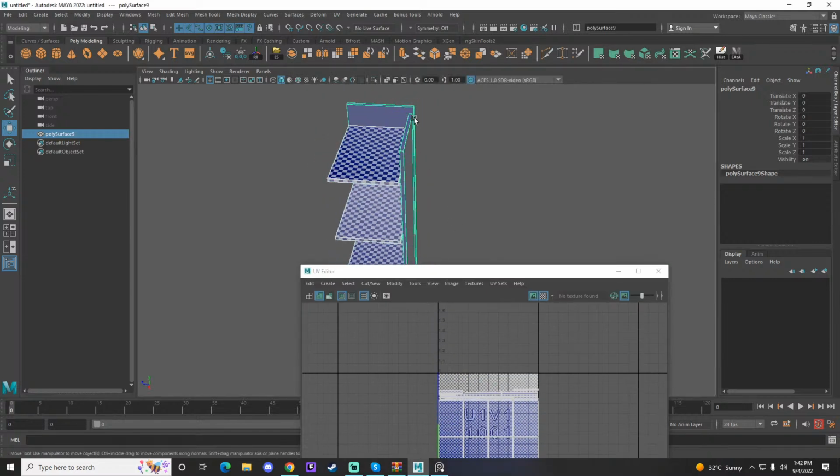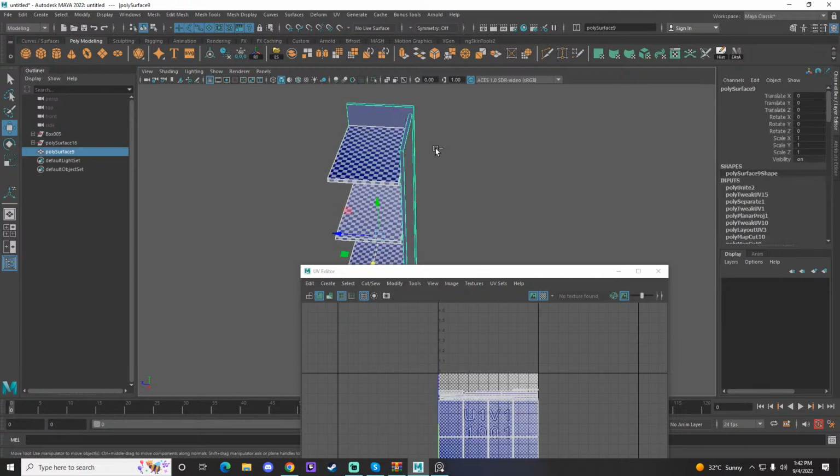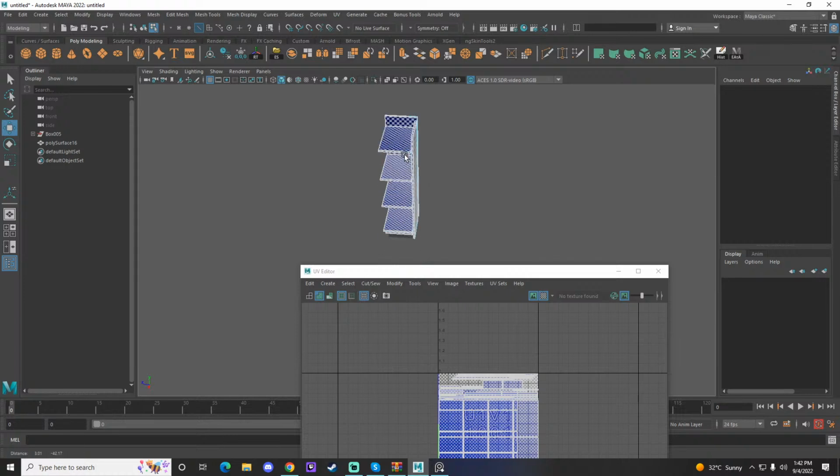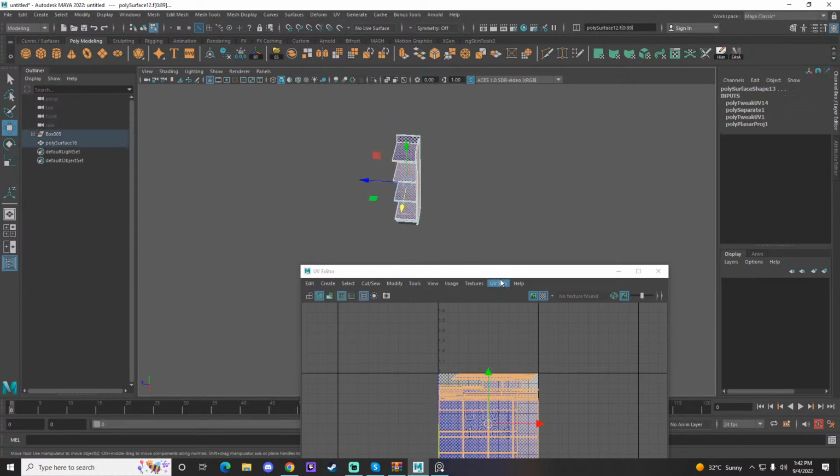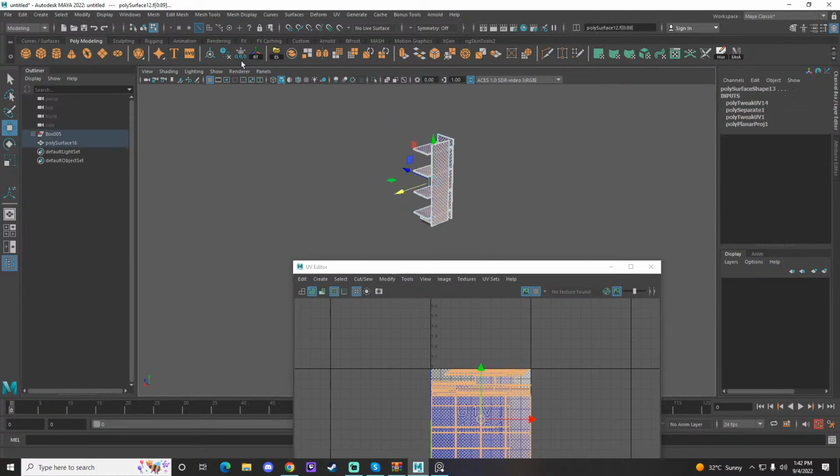Okay, same thing happened with these ones as well. I don't know why it's happening. So, Control Z one more time. Now it's visible to all the UVs. Now we'll just go ahead and